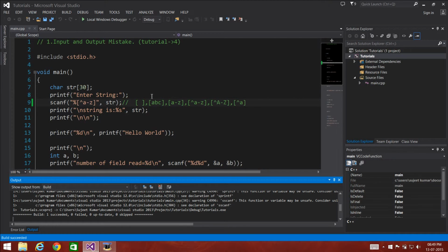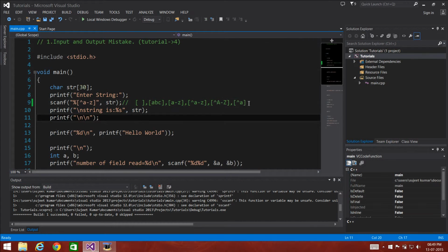So that's it about the character class. You can play with that. And one more thing, if you want to terminate it with an enter symbol, then you can specify not backslash n. What it does is read the entire line and then terminate it with an enter symbol. So that's it for the character class. Next,